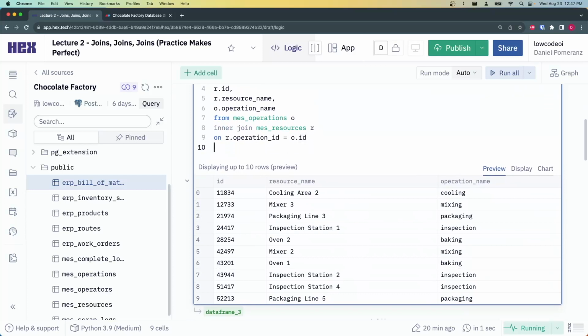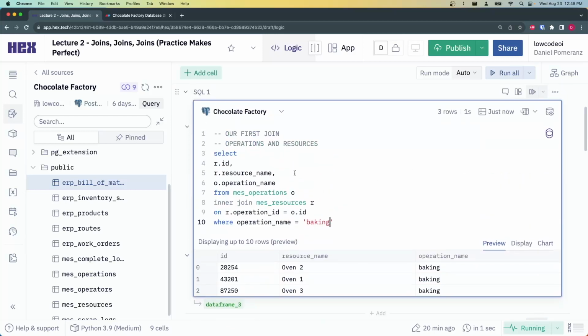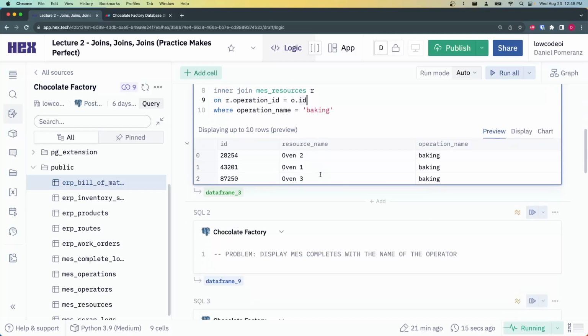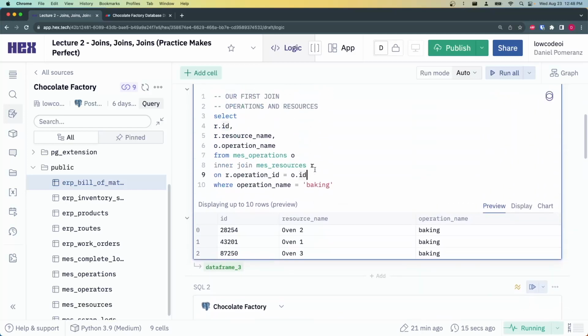For example, if I wanted to filter where operation name equals baking, I can run this filter, and it's going across both tables and creating a refined output of exactly what I'm looking for. So even if I didn't know the ID of that operation, by using this join, I can filter to only resources in the baking operation. Okay? So let's take that, note this syntax, and let's try to